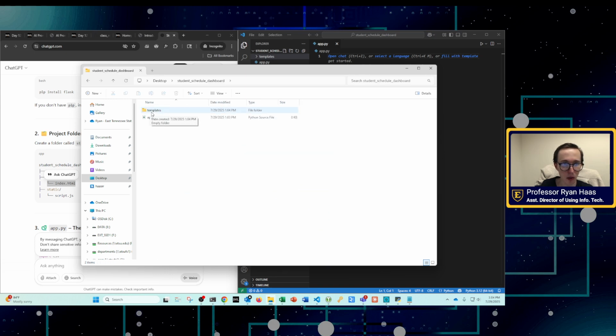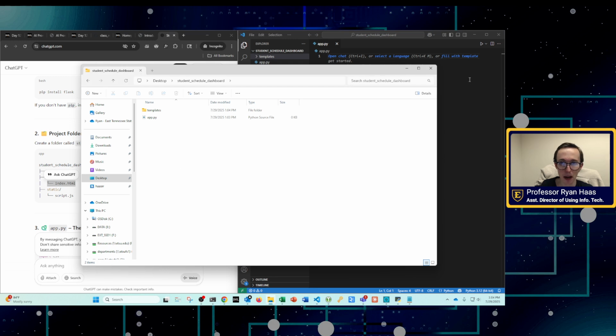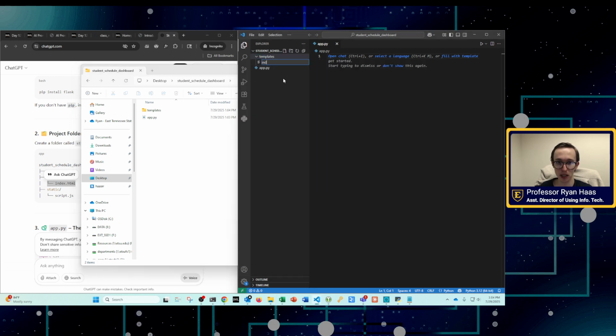Now you see I have this folder created, right? So you can see where I'm going with this. And now I'm going to right click on this and say new file. So inside the templates folder is going to be this file, index.html. Make sure you type the file extensions, those are important.